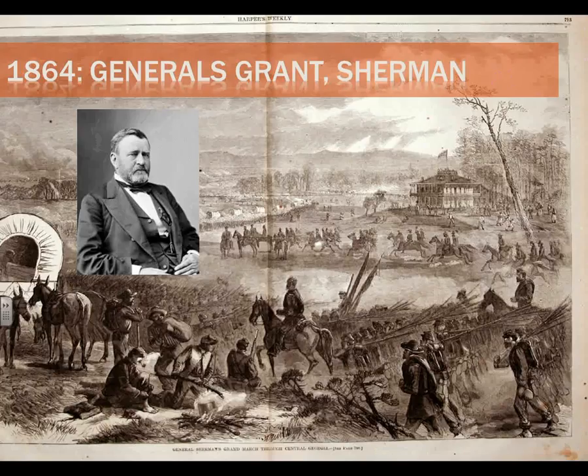This is Sherman's March to the Sea. He makes it to Savannah, Georgia, and meets up with Union naval forces. Right now, he can send a message, and his message, I never get it right, but it's something along the lines of, Mr. President, I present to you the city of Savannah as your birthday present, or something like that. Lincoln's birthday isn't for a while, but it was, here's a gift to you, the city of Savannah. I've taken it. I've been successful. The South is laid to waste.